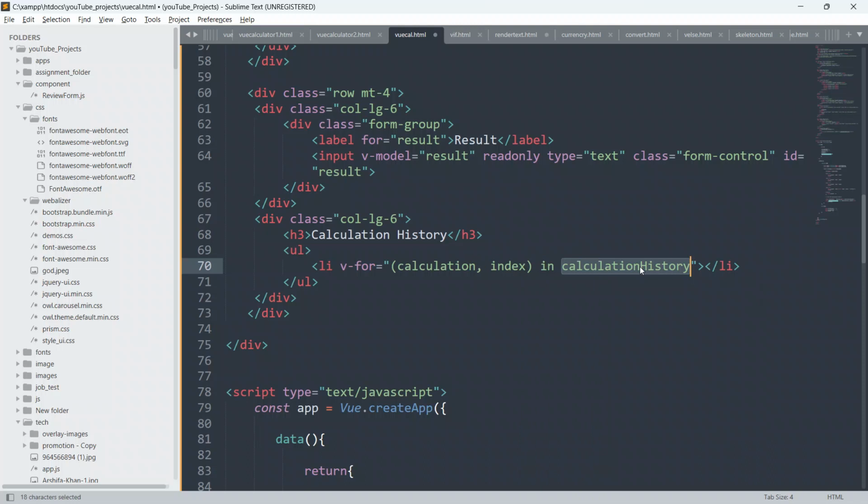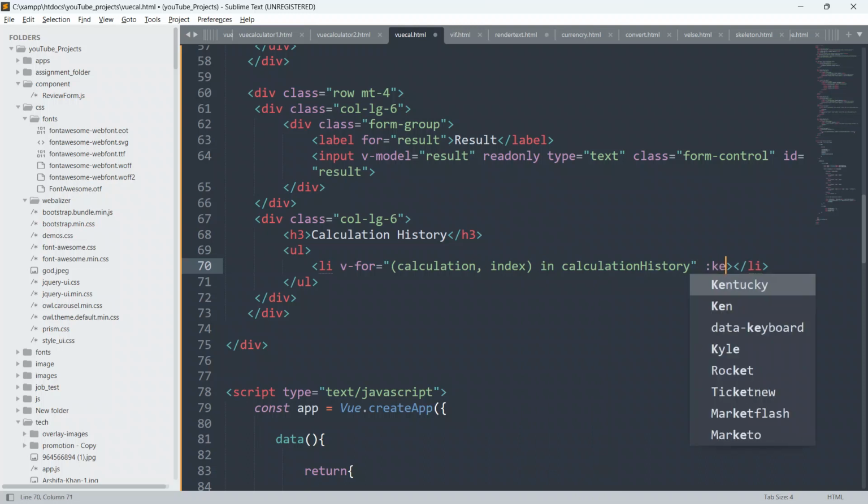Inside the calculation history, I'll give the key also, so I'll say colon, which is the shorthand for v-bind, colon key equal to index. I'm just passing here the index.